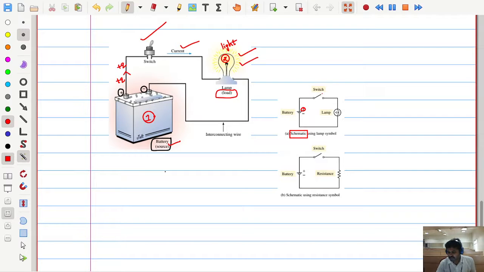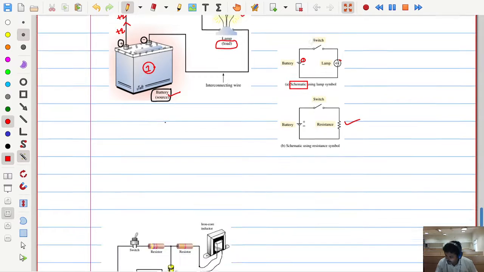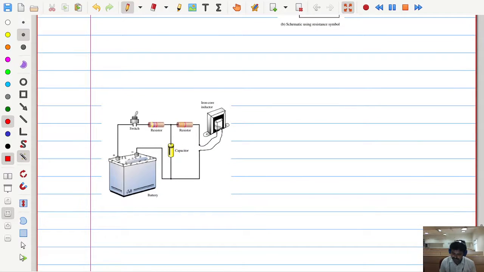And the switch symbol is like this. Whereas the lamp is drawn like a spring inside a circle, which represents the lamp. So like this we can hereafter go with the schematic circuit instead of this realistic circuit. Here this lamp may sometimes be replaced with a resistor. The resistor symbol looks like this, so I am replacing this lamp by the resistor symbol, with everything else the same. And let me take one more simple diagram and produce its schematic diagram.